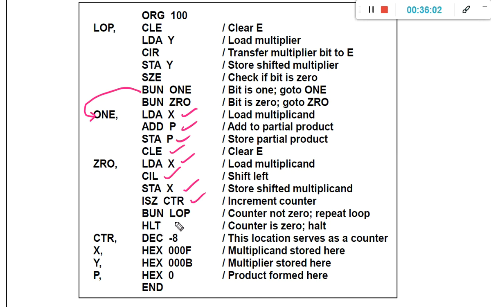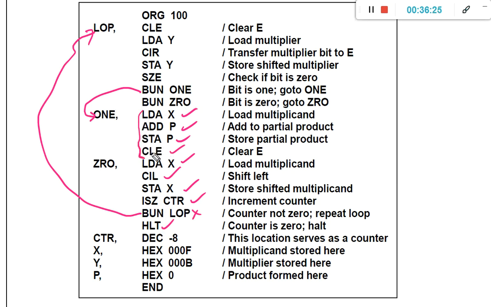Now if the counter is not equal to 0, then we move to LOP. If it is 0, then this step is skipped and we perform the halt computer. Don't think that BUN 1 means we execute only these statements, not like that.